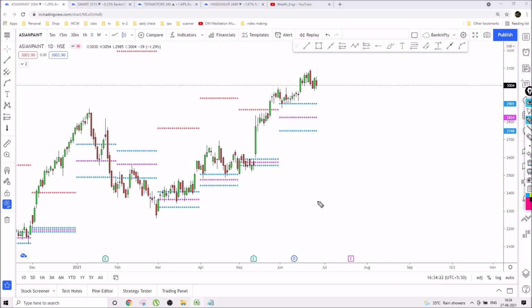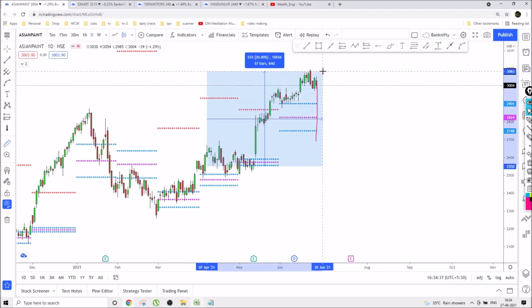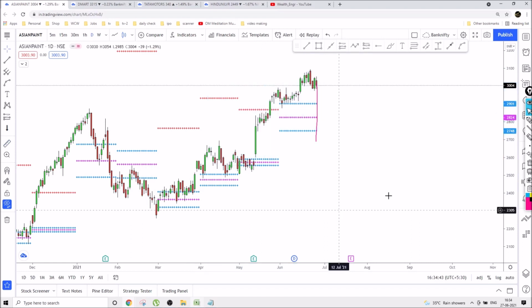Okay, so this is the current one. It is almost June 26th, 2025 now. So what is the profit you got now? Where did you enter? Yeah, you entered here, and you got a profit of 20% within 3 months. That's a good one. That's a huge return you can expect.